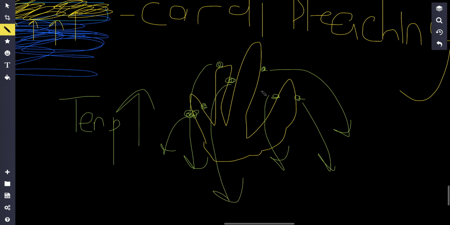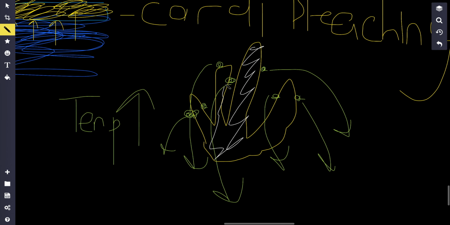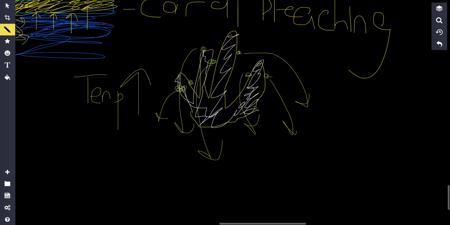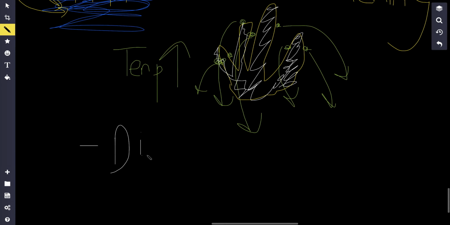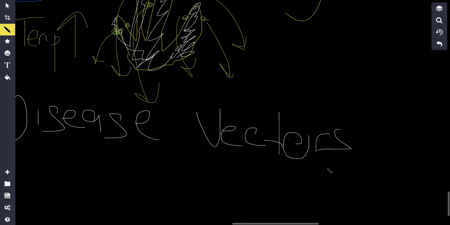Which is the energy source for the coral. And as a result, it can become bleached, or have this white color. The coral is going to have this white color, and it's going to be more susceptible to diseases and stuff like that. All right. Now, another effect of climate change is that disease vectors, think about disease vectors like mosquitoes,